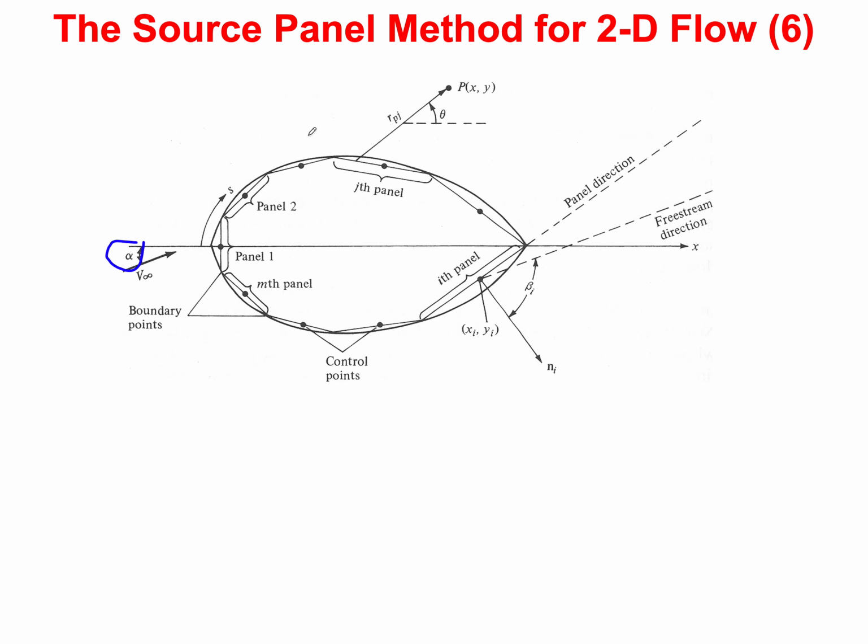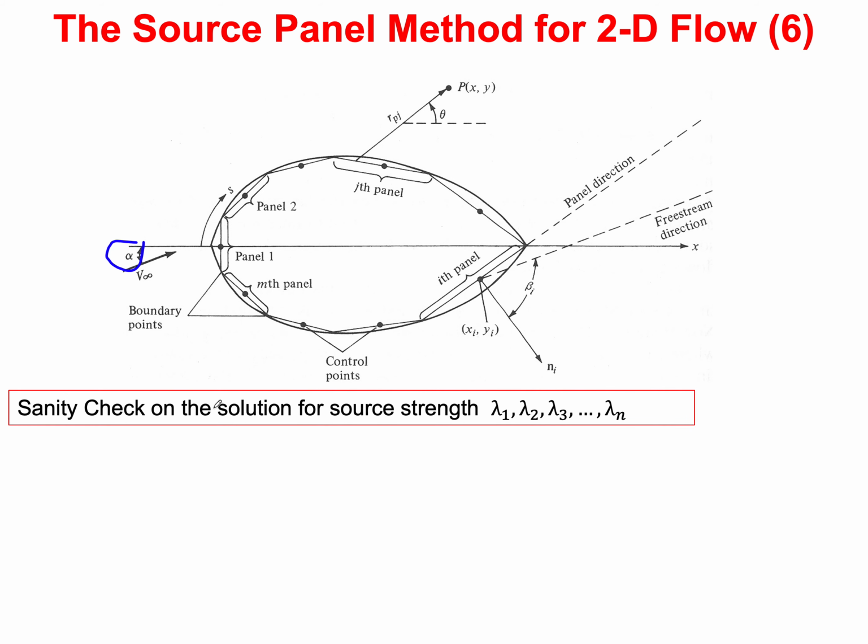So we're not going to be dealing with any lift generating flow. For that we need, as we've seen in the Kutta-Joukowski theorem, some circulation to get us some lift, and also as we have seen in the circular cylinder. But that we will not cover. It is a little bit more involved than the source panel method, at least. But here, at least, you can get an idea of what the methodology